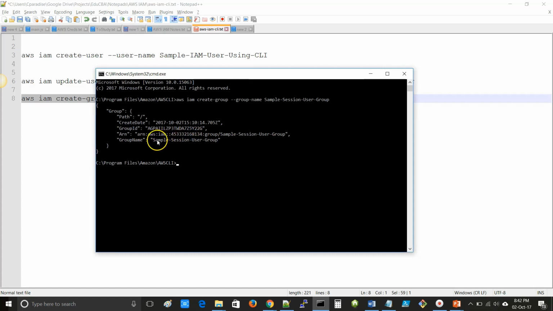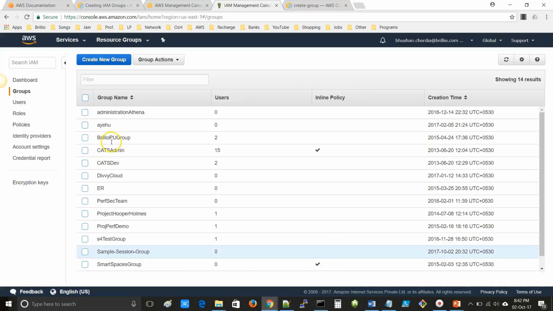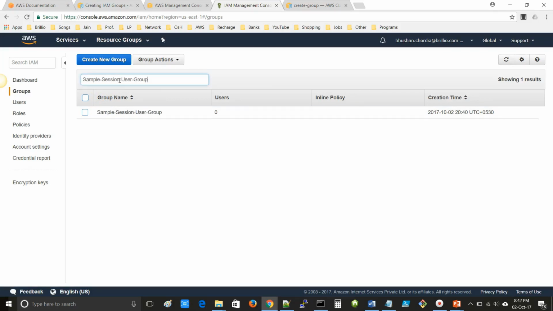So here you can see that the group name sample session user group is created successfully, and here you can see the group ID. Now copy this group name and go to the AWS Management Console and paste it here in the filter section. So here you can see that sample session user group is created successfully. This is the practical demonstration of creating groups using the AWS Management Console and AWS CLI.